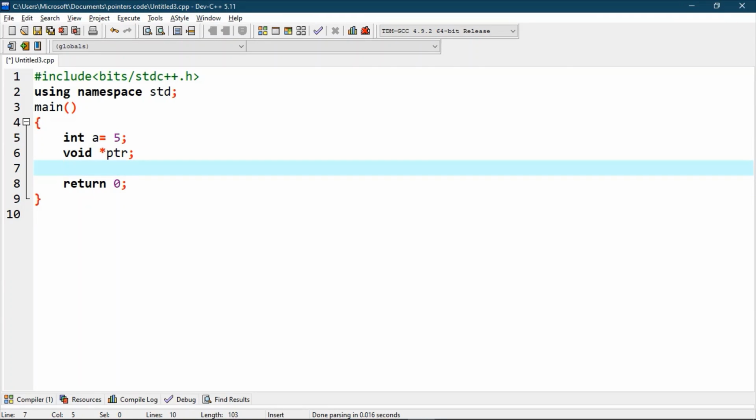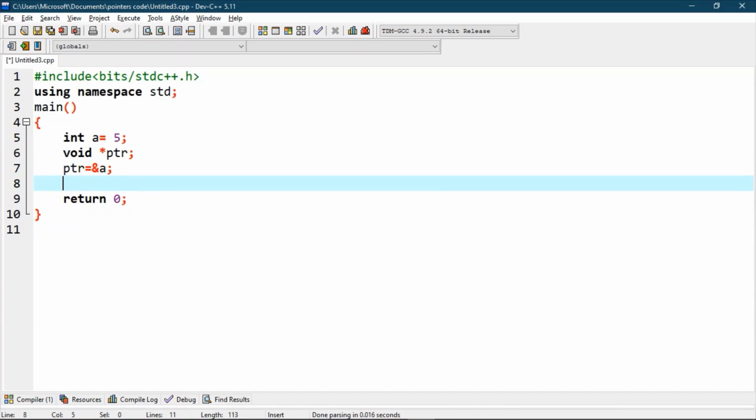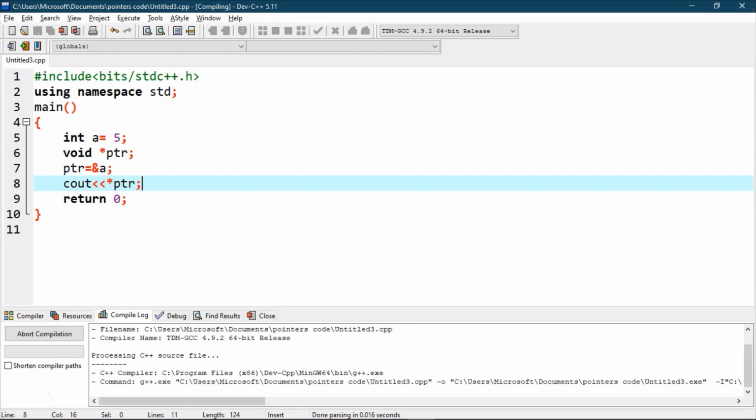Now we will assign the address of a to pointer ptr. Let's write a print statement to print this pointer. Let's run this program.